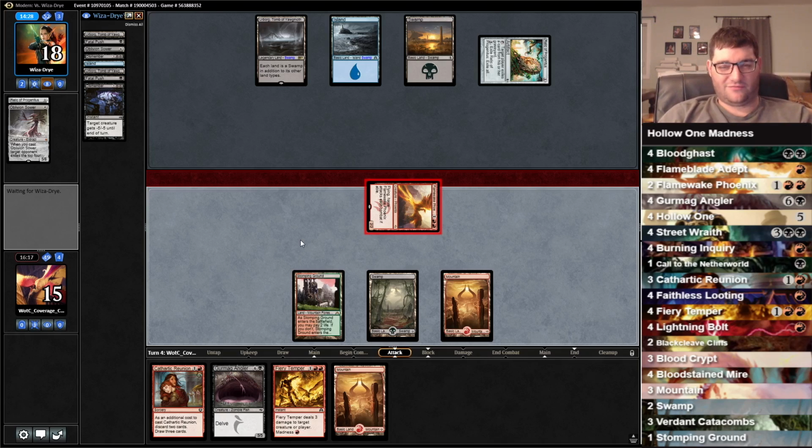Not sure. Yeah, I'm not sure what to do here. This Angler is pretty bad. This Temper is fine, right? It's a fine magic card in this scenario, but I'm not really sure exactly what we're looking for. And our opponent's going pretty deep here because he could...